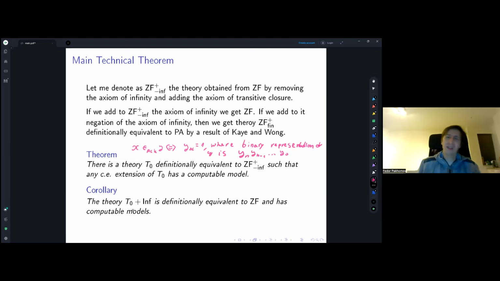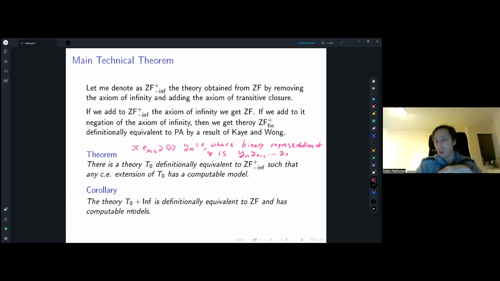Okay, and so for technical reasons, it will actually be easier to work with theories that are more closely based on ZF plus fin rather than Peano arithmetic, and also it will allow me to prove a more general result. So this is the corollary below. Anyway, the theorem that I will be proving today is the following. There is a theory T0 definitionally equivalent to ZF plus minus inf, such that any numerable extension of T0